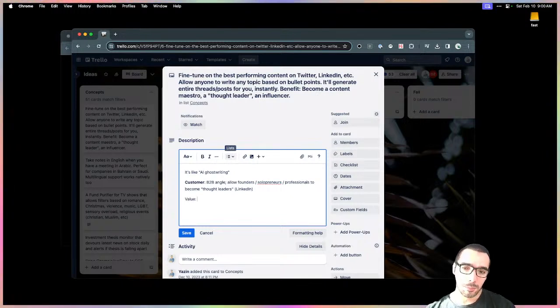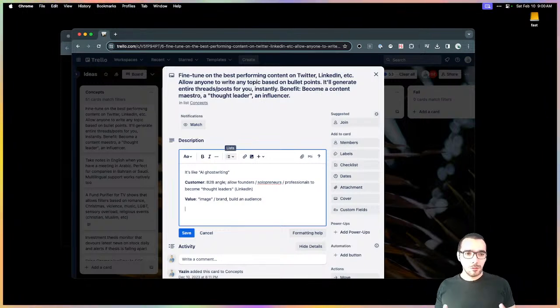So the value to them is to invest in their image or brand. So definitely valuable. Simplicity, easy, build an audience. Yeah, okay.